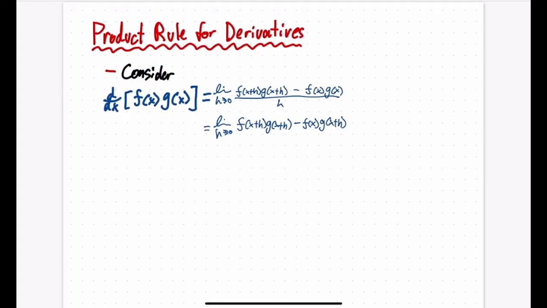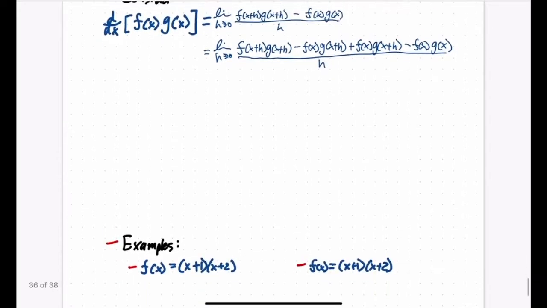So negative f of x times g of x plus h plus f at x times g at x plus h minus that second half, f at x, g of x. Alright, so that's a little bit messy, but we haven't done anything to change this. We've just subtracted a term here and then added it back here, so it's the same as saying we just added 0 to this equation. And of course, we say it's all over h. Okay, so